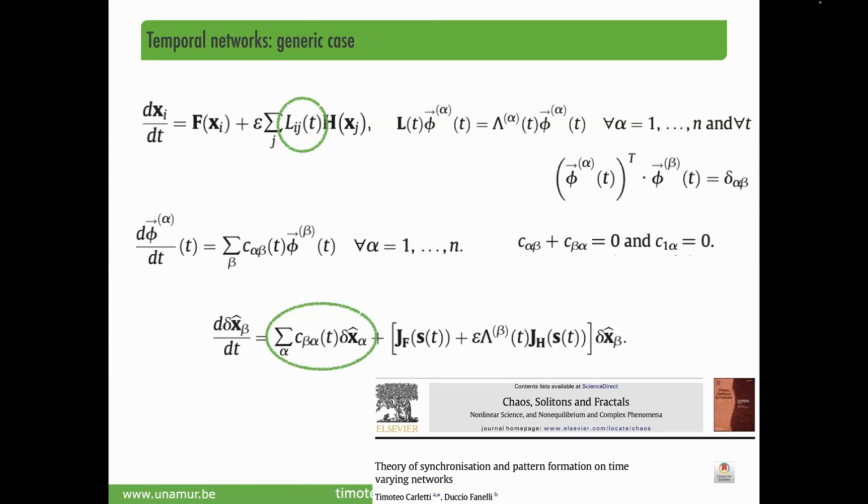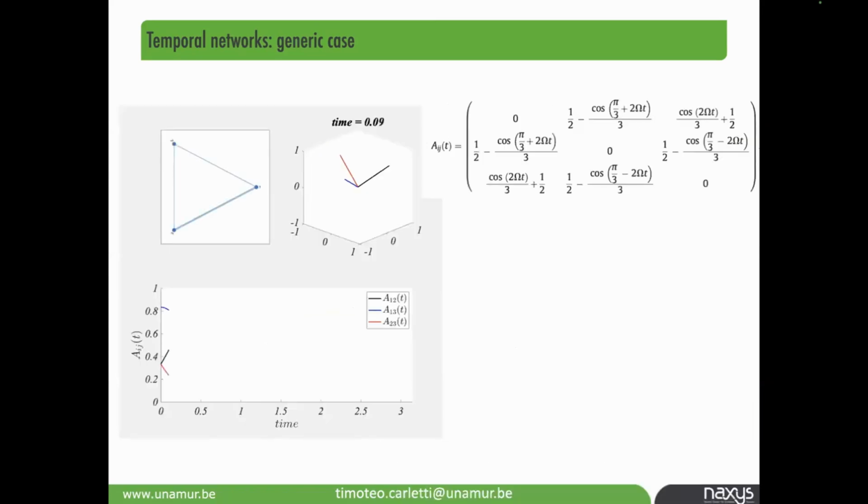But now you have this extra term that mixes all the contributions, because now the evolution of the mode beta depends on all the other modes. So this is sometimes a new dispersion relation, which is a bit more complicated. But anyway, I show just an example, a very simple network where you have 3 nodes, whose links evolve in time according to this cosine-like function, and there is only one parameter, omega.